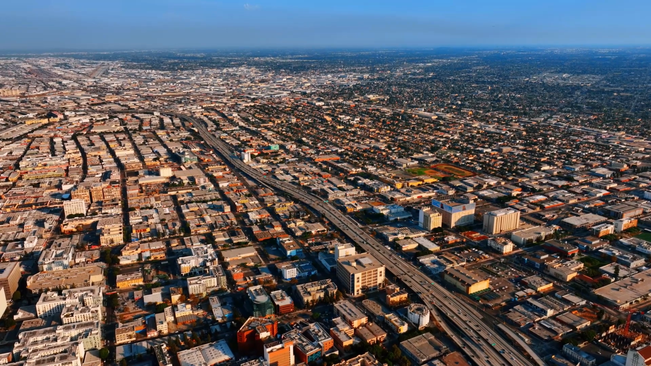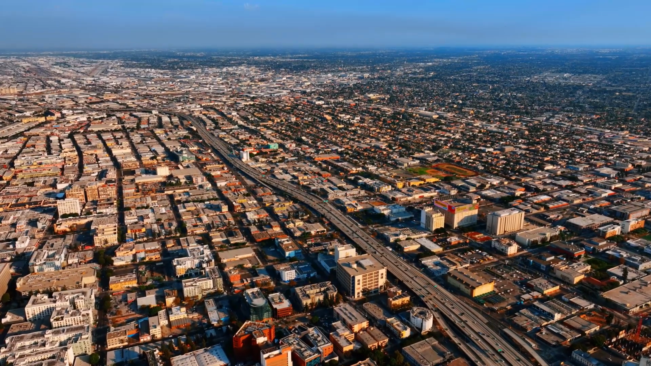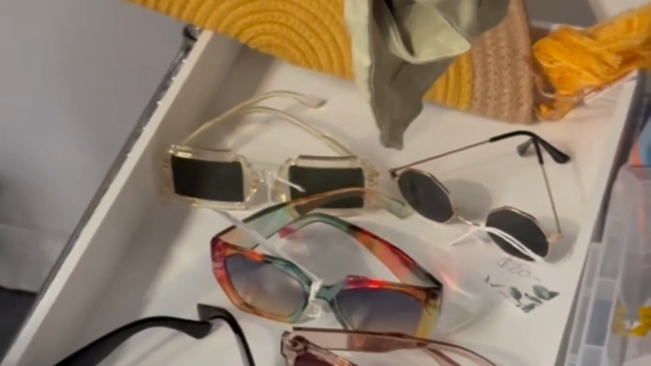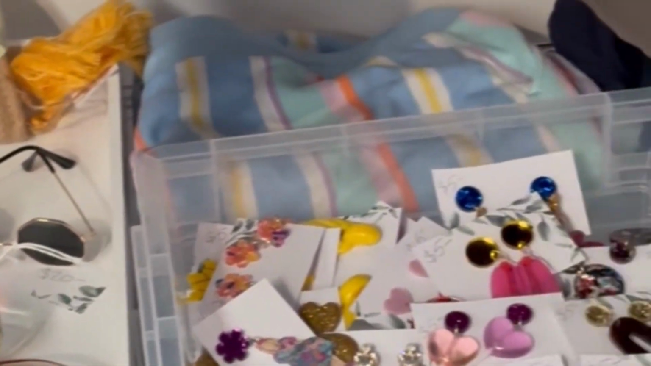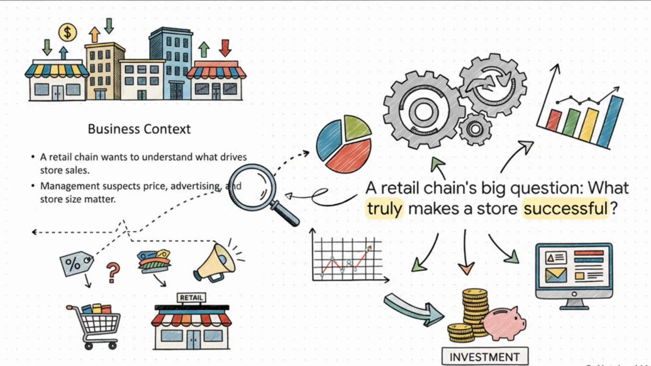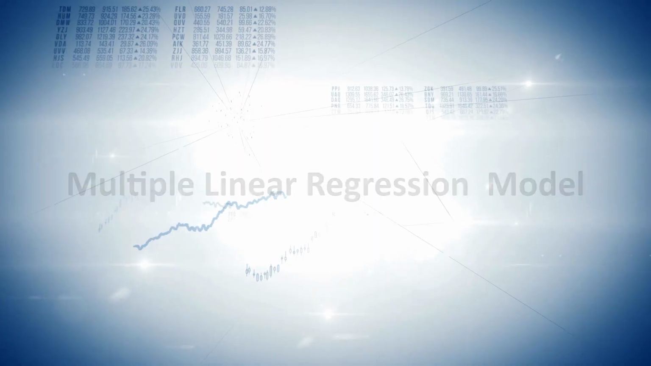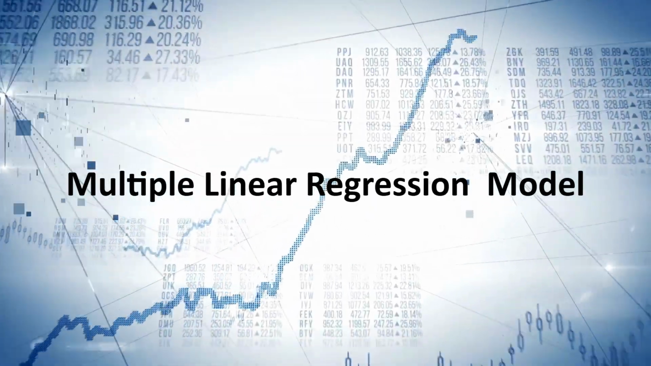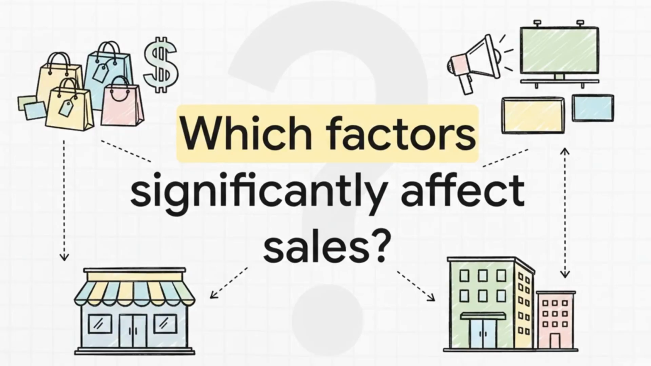In this video, we are going to explore a practical business problem. What really drives sales in a retail store? Sales usually do not depend on just one factor. Advertising, pricing, customer footfall, and promotions all play a role at the same time. To understand their combined effect, we use a multiple linear regression model. In our example, we will follow the data, examine different variables together, and see how regression helps us understand which